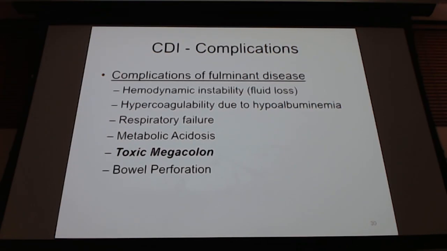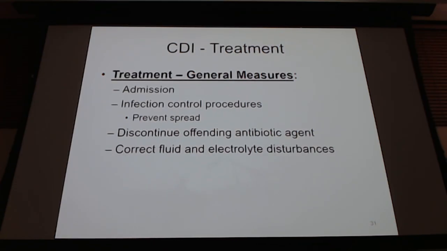Surgical requirements. If it's that bad, we admit these folks. Infection control procedure is very, very important. You're not going to put somebody in a room with others, you're going to isolate them by themselves. And everybody's going to go in gowned up. And I would put gloves on, and I would probably breathe as slowly as I possibly could, just saying, we do not want to get that. We need to stop that offending agent. It's typically some type of antibiotic that we talked about. But you're worried because they've been having so much significant diarrhea, we need to make sure we're looking at those